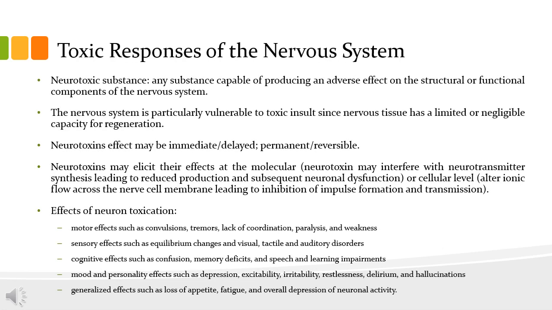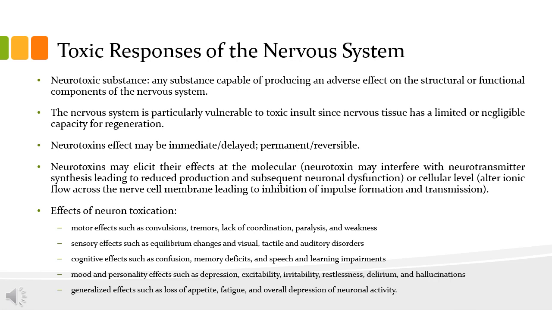Next, we will move on to discuss the toxic responses of the nervous system. So, a neurotoxic substance is any substance that is capable of producing an adverse effect on the structural or functional components of the nervous system. The nervous system is particularly vulnerable to toxic insult since nervous tissue has a limited or negligible capacity for regeneration. Neurotoxin effects may be immediate or delayed,